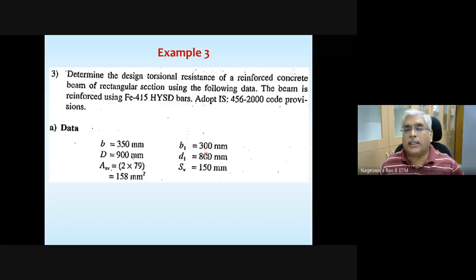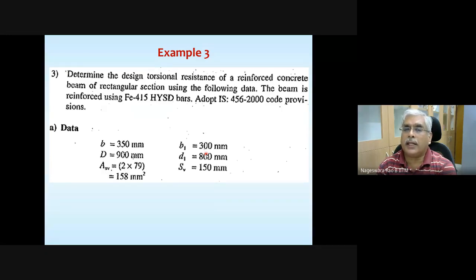So let's see another example. Please note that these examples are framed in such a way that they give you a slow transition, or it's a part of the learning process. Slowly they are going to introduce you to various points that are mentioned in the code. So let's go through this.